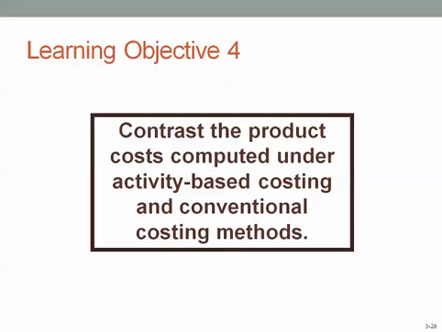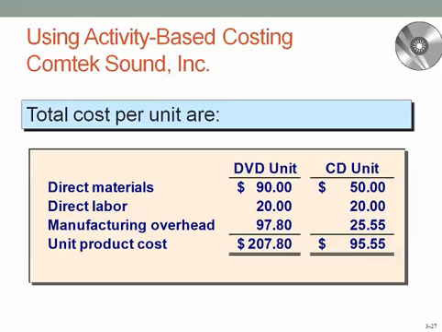Learning objective number 4 is to contrast the product cost computed under an activity-based costing method with those calculated under a conventional costing method. We've just calculated our cost per unit using an activity-based costing system, and we came up with a total unit cost for the DVD unit of $207.80, and the CD unit was $95.55. Let's now go ahead and look at our cost per unit under a traditional costing system using a single